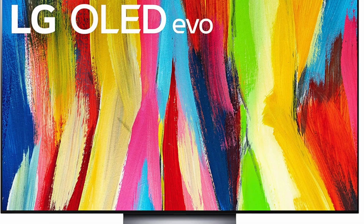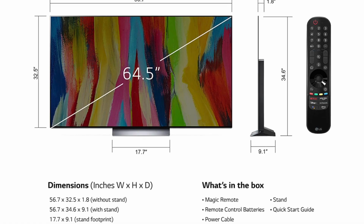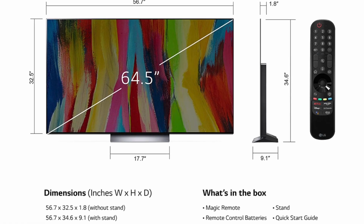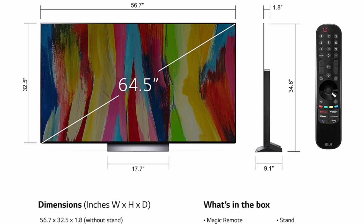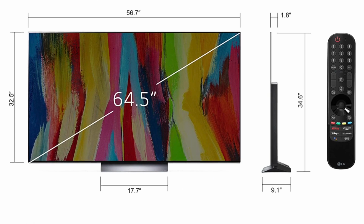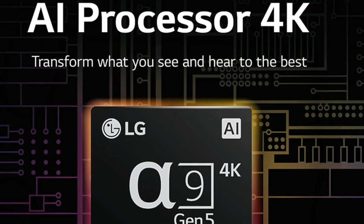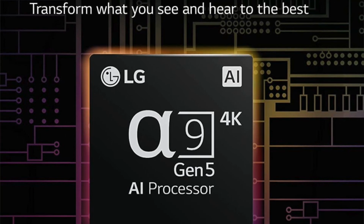So featuring the OLED Evo panel, the screen displays a range of brilliant colors with total clarity, enhanced by Dolby Vision, HDR10 and Cinema HDR technologies. The panel also allows for visibility of the screen from a dynamic range of angles. Now it maxes out at 120 Hz, which gives you a competitive edge in response-based gaming, and further aided by